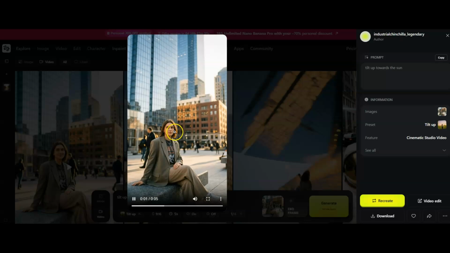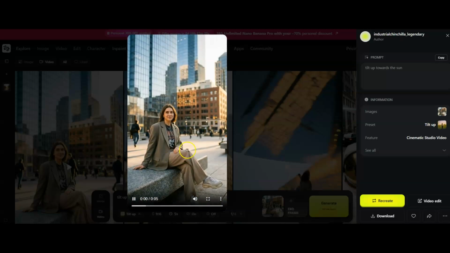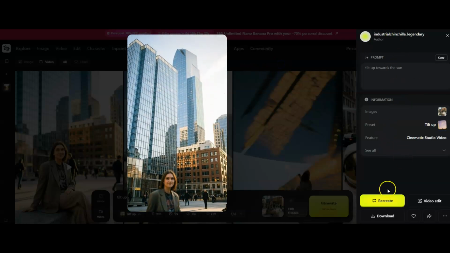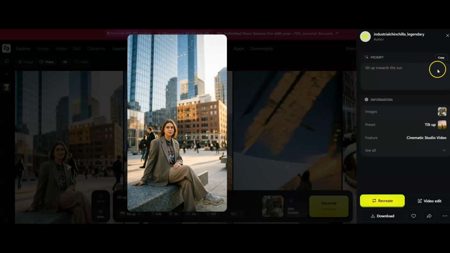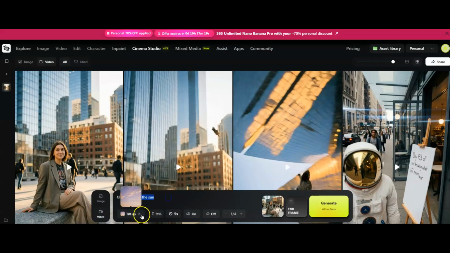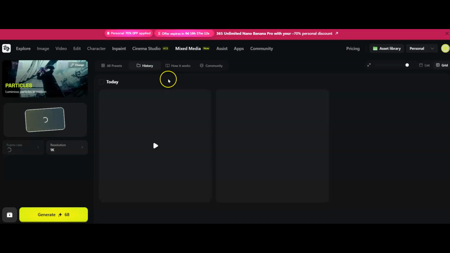If I click on this, we can now see moving up, going towards the sun. Really simple, really easy. And I can just go in and recreate again. I can copy the prompt. I can tweak things. I can change this and go for another movement. Everything I can change. Now I want to show you one last thing, which is mixed media,